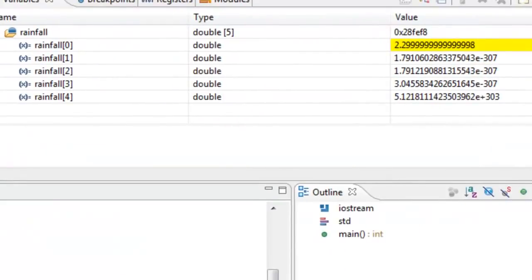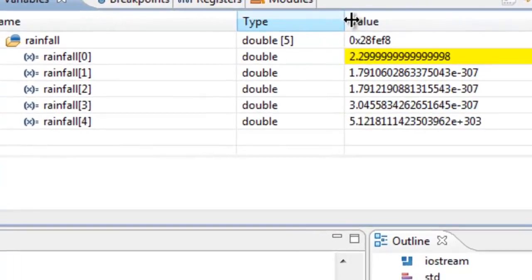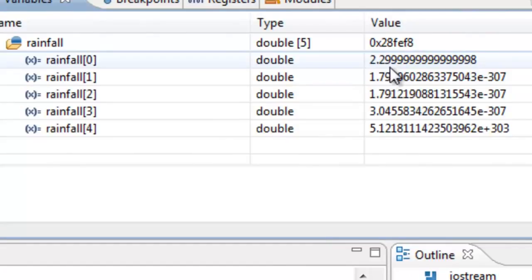In this case, we assign the value of 2.3 into the first element. Now, the thing that you should notice here, if we look at this particular value, it doesn't say 2.3, it says 2.2999, repeating 9, about 14 or 15 places of precision, and then it goes 8. So the thing about any of our real number approximations, like the double or the float, they're not stored exactly as we specify. It's just an approximation of that value, which looks really weird whenever we see that, but